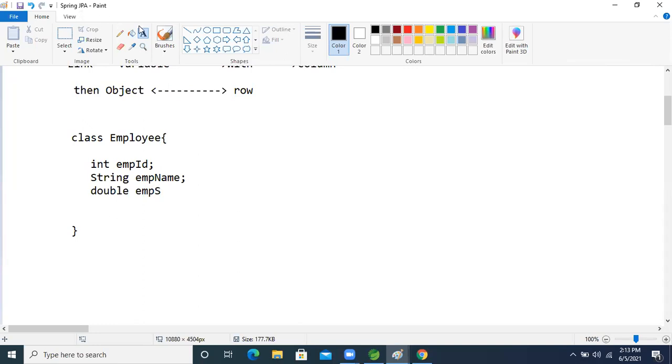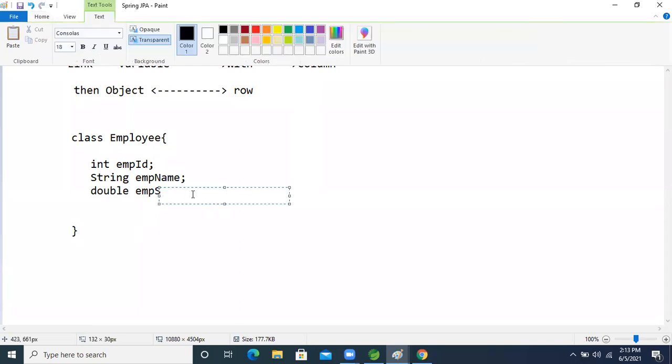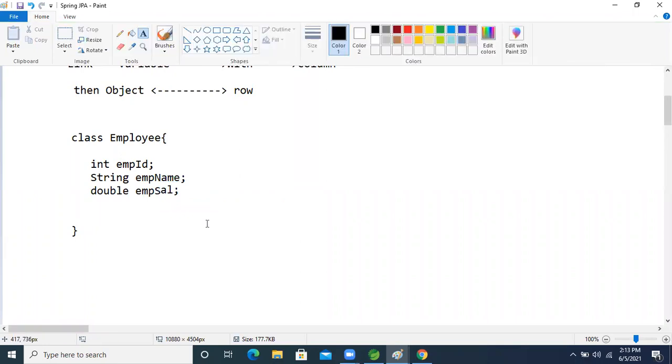Okay, double empCell is there, right? These are the variables in the table, right? In the database, guys, just think about that.